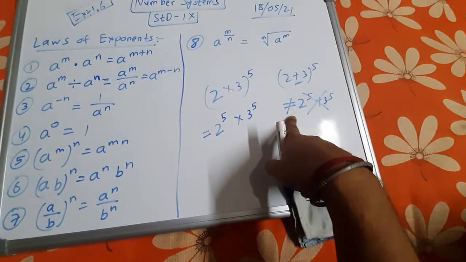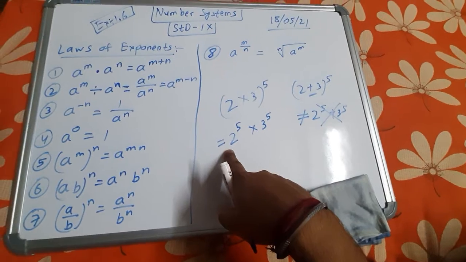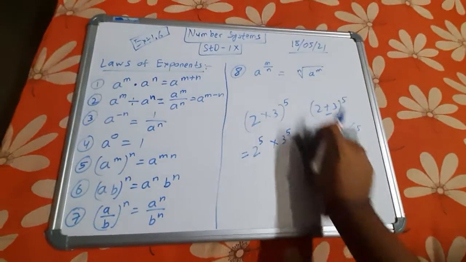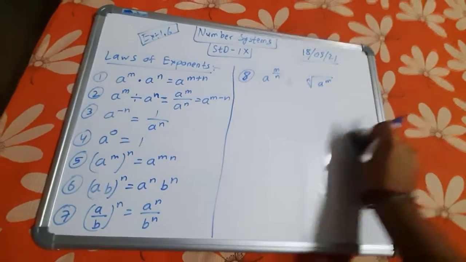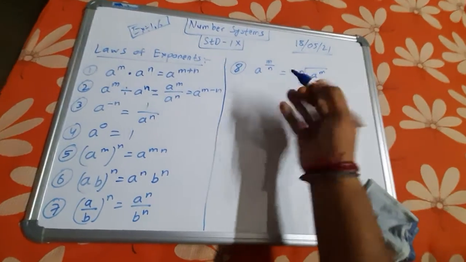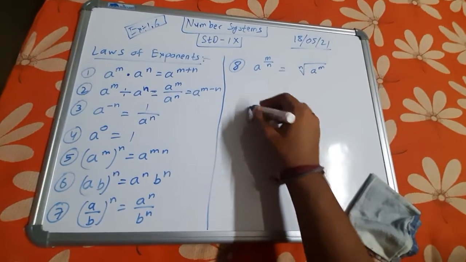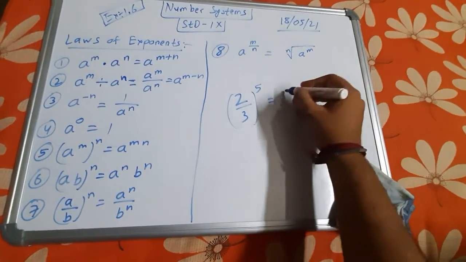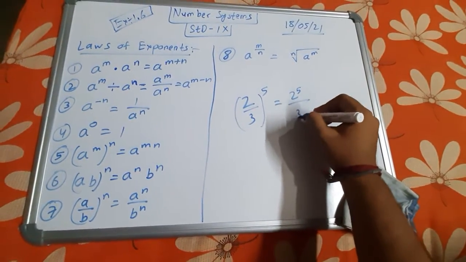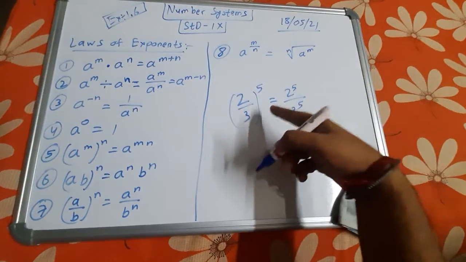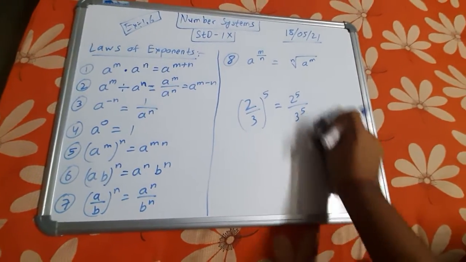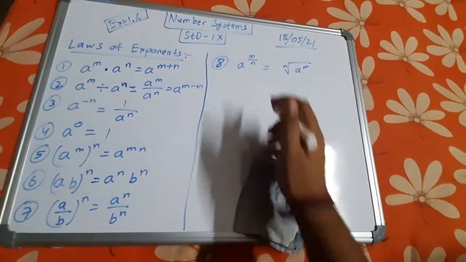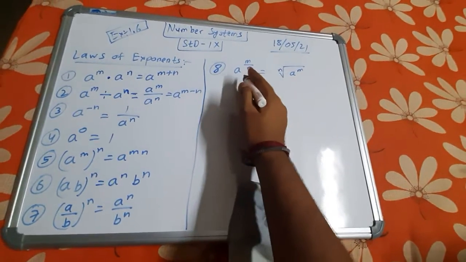See, I have given a not equal to sign, but over here I have given an equal to sign. Okay, just be careful about that. Next comes the same thing, 2 by 3 whole to the power, suppose I raise the power as 5. So this becomes actually 2 to the power 5 divided by 3 to the power 5, because it's division actually. Okay, next comes the ending formula, the last formula you can say.